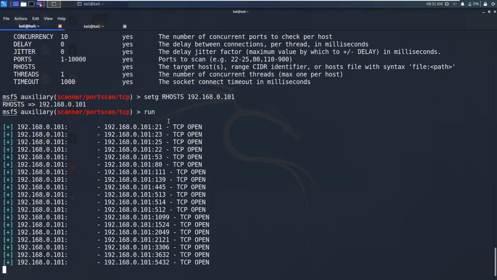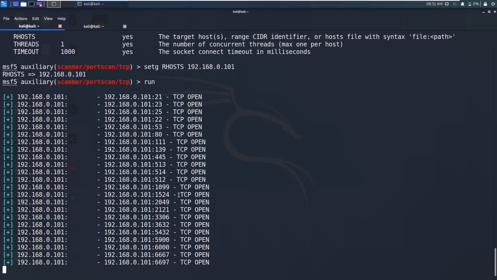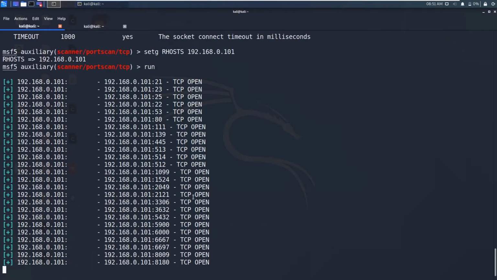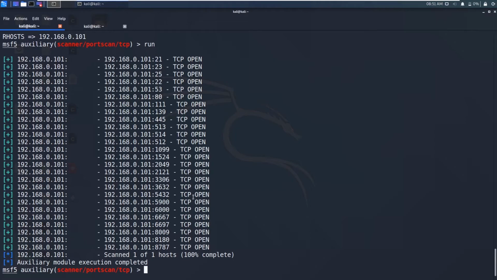Pretty much the same output, but it's telling only the open ports. So pretty much these are the ports open from 1 to 10,000.